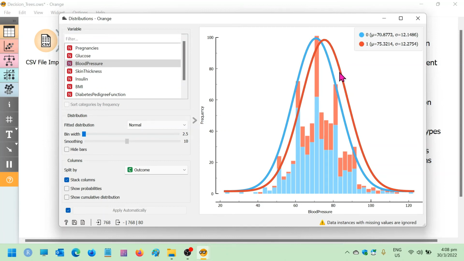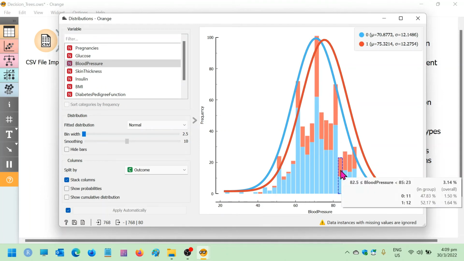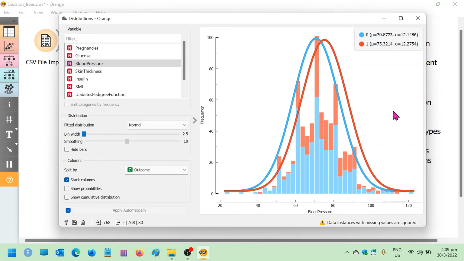As you can see clearly here, the 2 curves are quite close together. There's only a slight shift to the left and to the right. Okay, but by and large, the shape is pretty much the same, and the bars are pretty much the same as well. Okay, so this is the distribution widget,